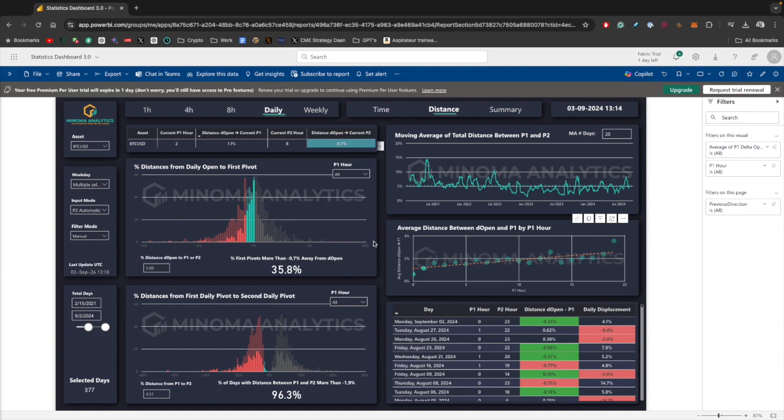So that gives us two very, very important conclusions. Hours 0 and 1 are very significant because A, they make up 50% of the data, and B, they generally have the biggest difference compared to all the other hours in terms of distance, right? So these two generally are much closer to the daily open than all the others, and therefore they make way more of an impact than other